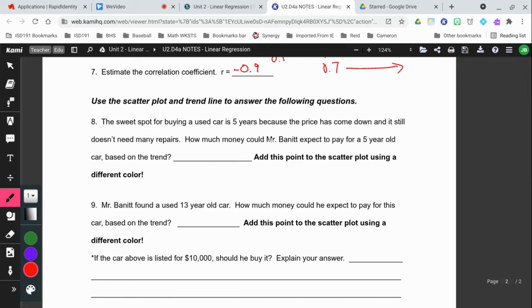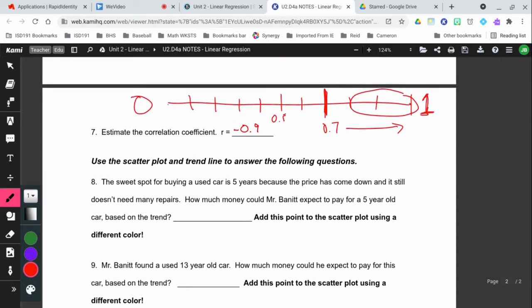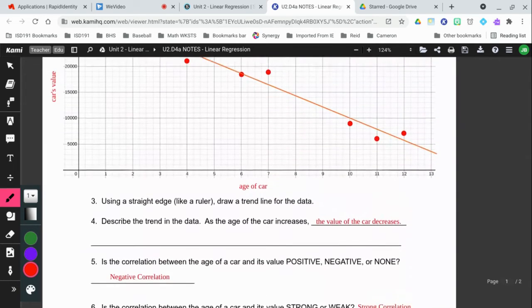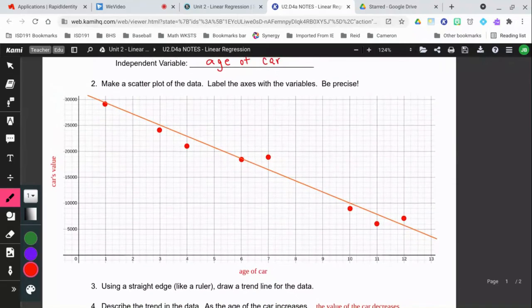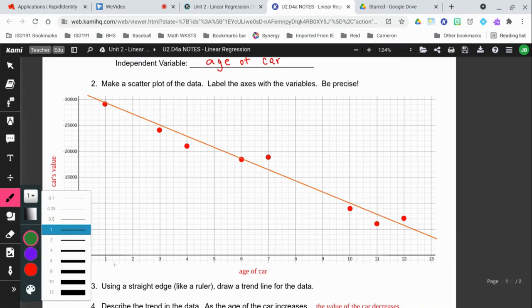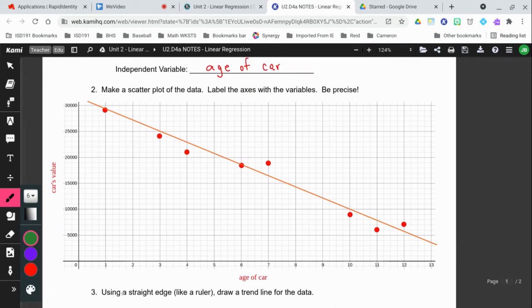So how much money could I expect to pay for a 5-year-old car based on the trend? What I'm going to do is go up to my scatter plot and use my line of fit, my trend line, and what I know about graphs. The age of the car, I'm going to say a 5-year-old car. So I am starting down here with my eyes, and I'm just going to follow that up. A 5-year-old car, according to my trend line, would be, if I make a dot right there,